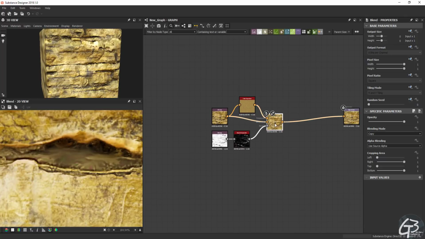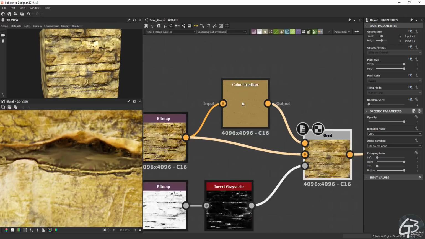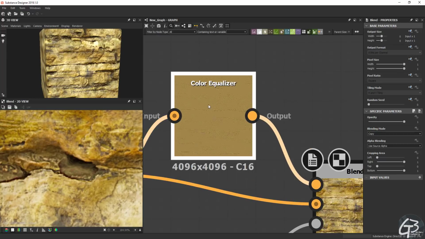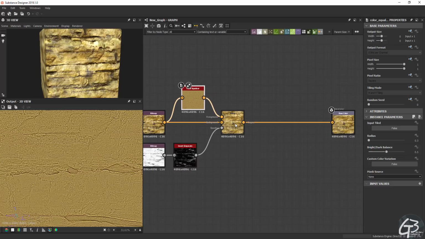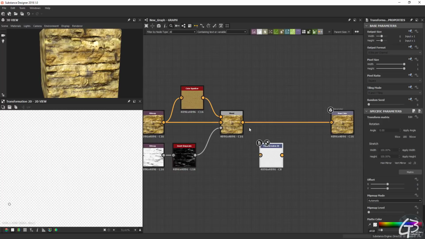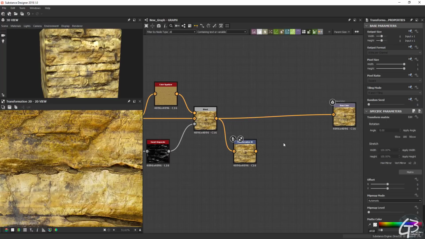So as you can see, this is the version with shadows, and this is that one affected by color equalizer. And you can see it doesn't work very well because there's a lot of glitches on color equalizer itself. So to improve this technique, I did another thing. What I've done, I bring the 2D transformation node and I plugged the result I had so far and I blend it